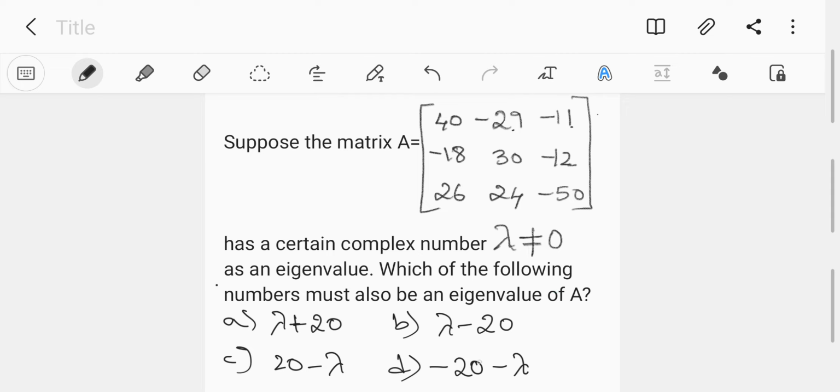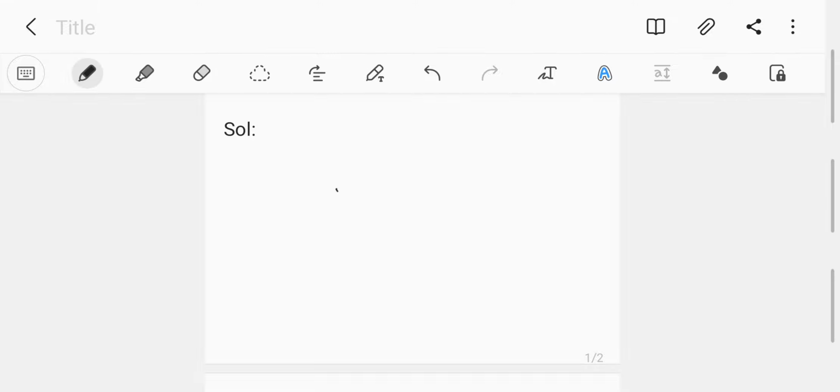Here they have given us 4 options and they have stated that lambda not equal to 0 is an eigenvalue. So let us find the solution, but we will not be using determinant of A minus lambda I equal to 0 and then find the eigenvalue. That method we will not use, since it is a CSIR NET and also a KSET exam question. So we will solve it in a different approach. Here we will be using two rules. The first rule is that